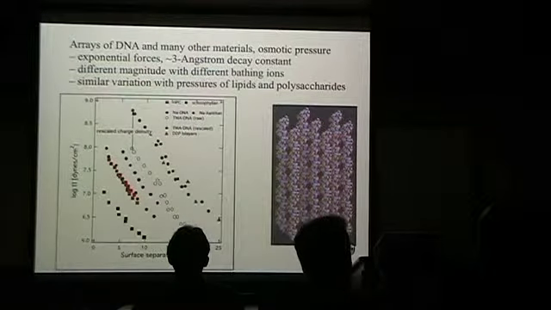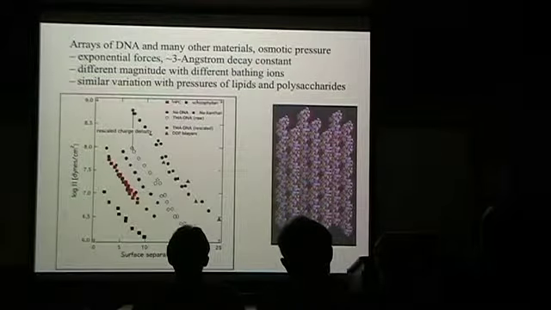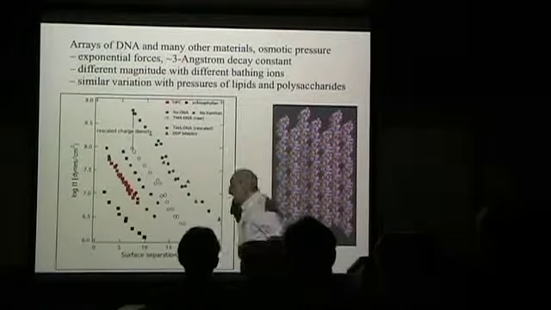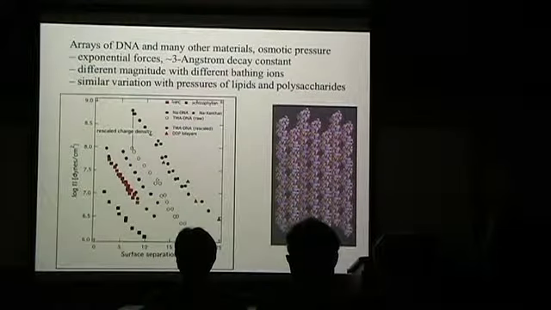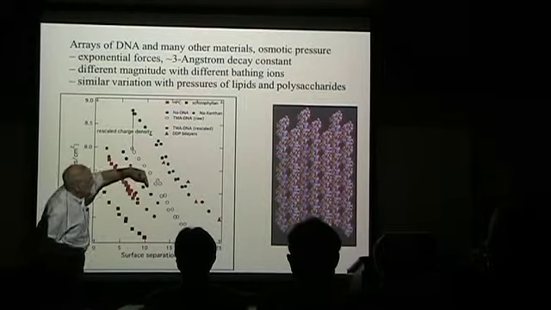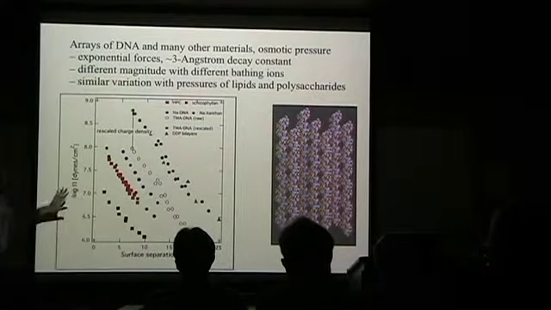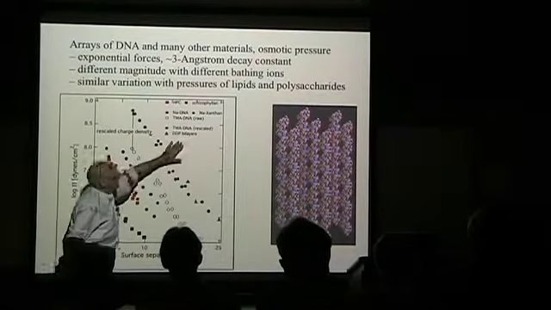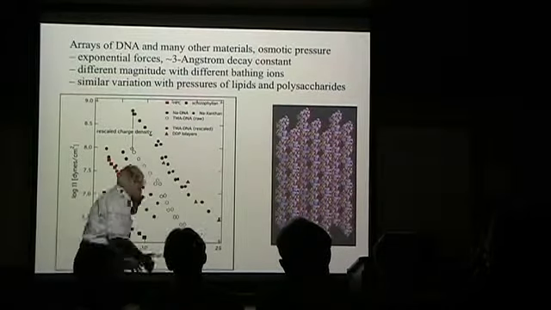What you see here is the pressure on an array of molecules versus the distance between the molecules measured by X-ray diffraction. And what I want everyone, including me, to understand is, how is it that between 0 and 20 angstroms between the molecular surfaces, those lines bear such a similarity to each other? Not exactly the same slope, but all essentially straight lines on semi-log paper, looking at polysaccharides, DNA, lipid bilayers. There's an entire world of behavior in here that virtually all theorists ignore.